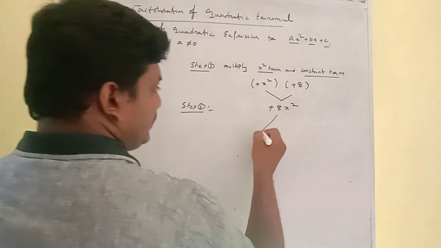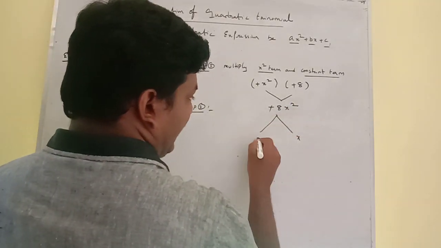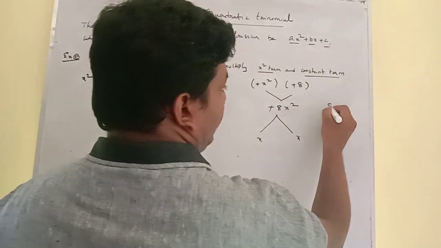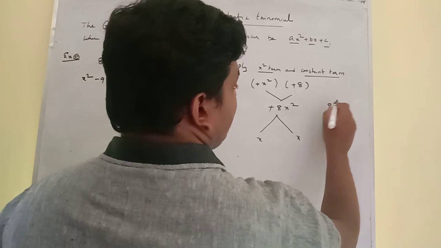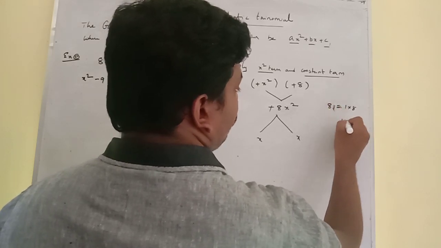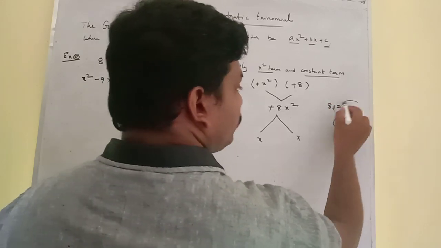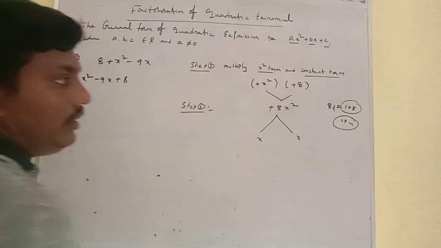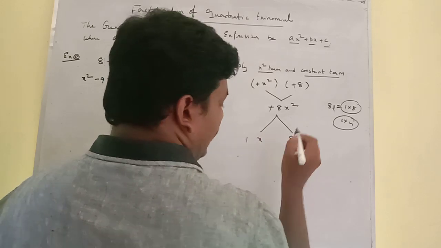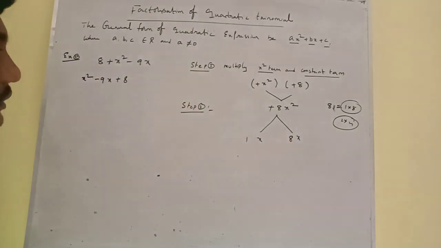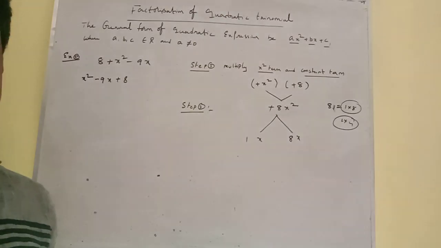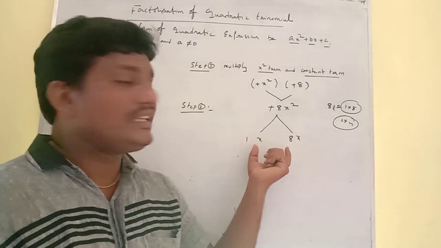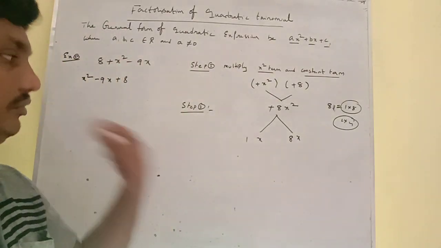Now we are going to split, step 2. Step 2 is nothing but splitting x square into x and x. Now we already know 8 can be written as 1 into 8 and 2 into 4. If you observe, 1 into 8, 1 plus 8 is 9. Here 9 is there, that's the reason why we take 1 and 8 as factors, because the addition of these two values will be 9. So 8 and 1 are in an addition process, then only we get the middle term.